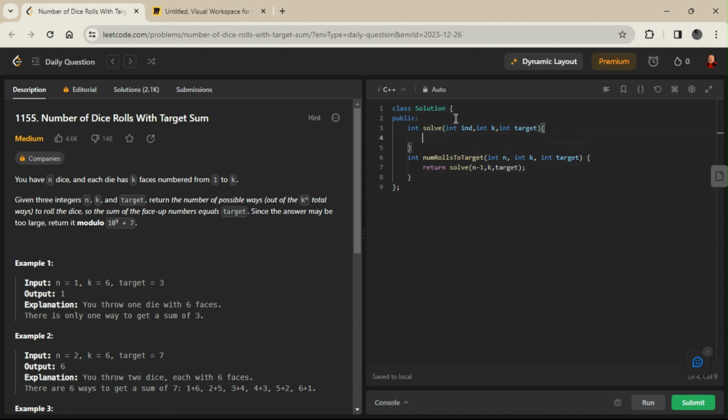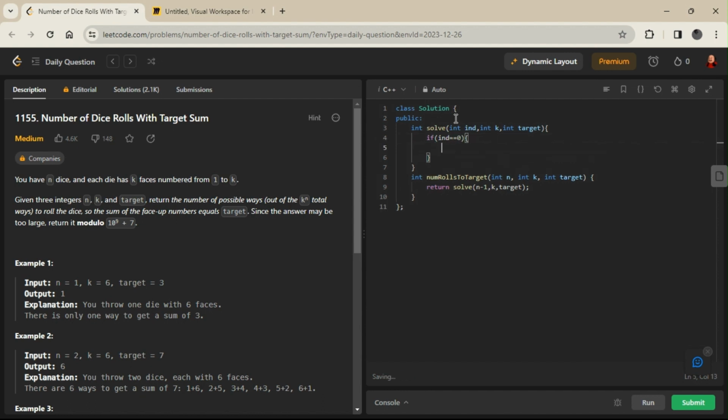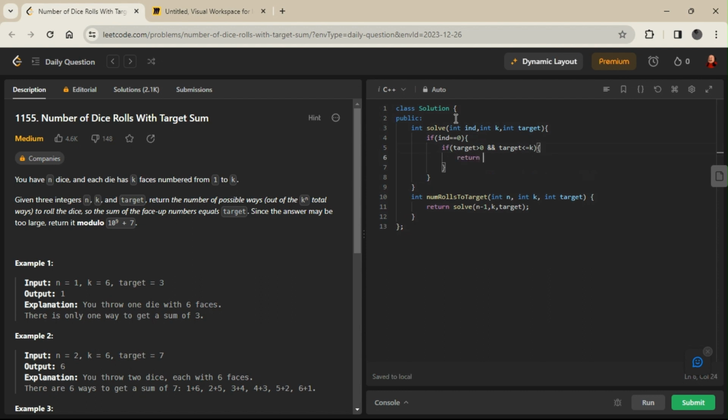And now, what will the recursive solution be? We are traversing from the last index to the first index. So if we reach the first index, that means index equals 0. What do we do here? If target is greater than 0 and target is less than or equal to k, that means there is a possible case which leads to our answer, so we return 1.